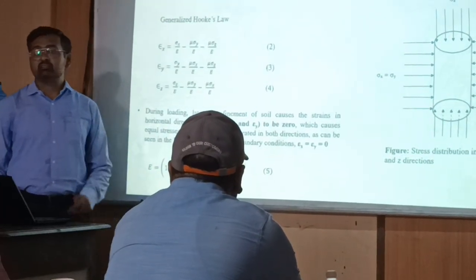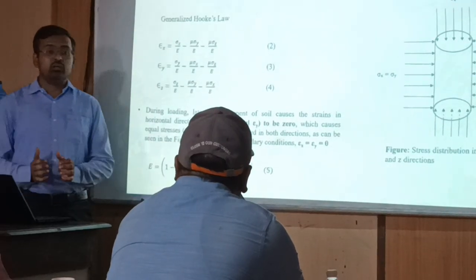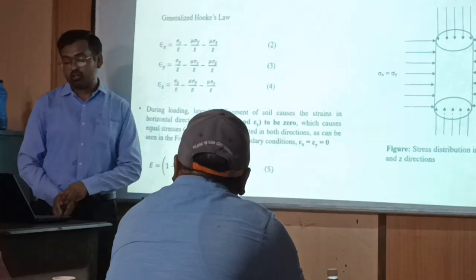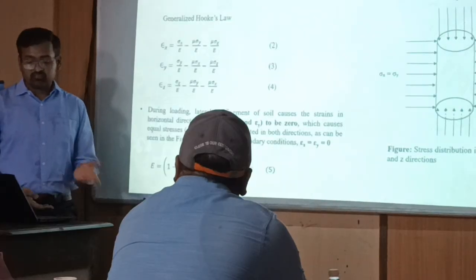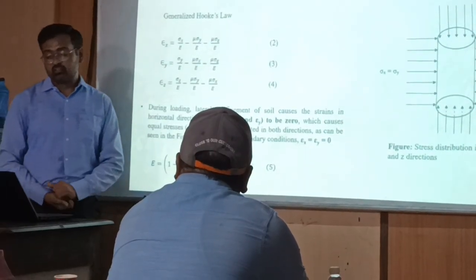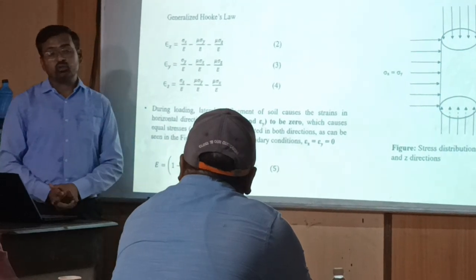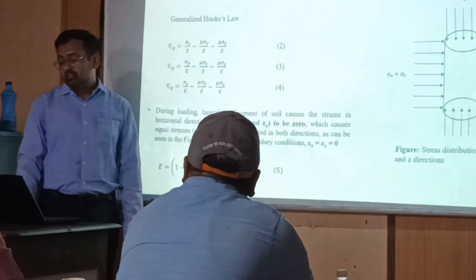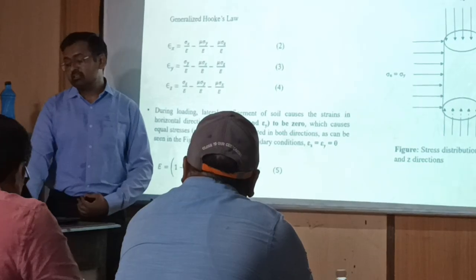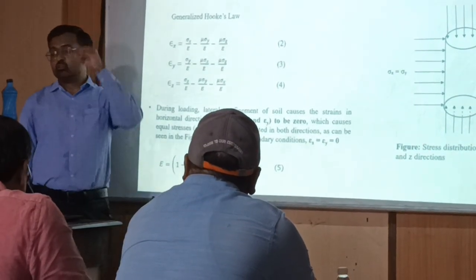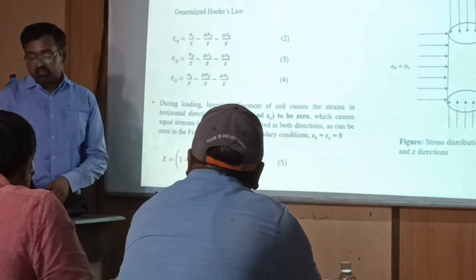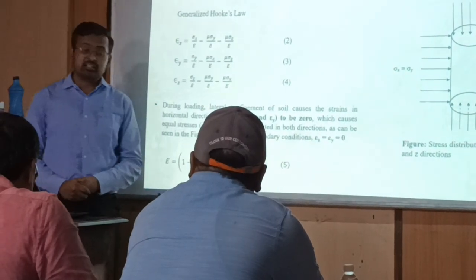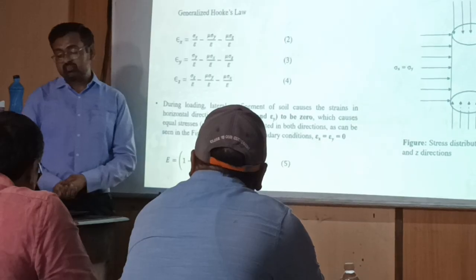However, since we are doing the test in a confined mold, we have to consider the effect of confinement for getting the modulus. So we have derived a different equation to consider the effect of confinement. We use generalized Hooke's law. As we can see in the figure, this is the stress distribution in X, Y and Z directions due to the falling load. There will be strain, but since there is confinement of the steel mold, the strain in X and Y directions will be zero, which will lead to equal stresses generated in both directions.